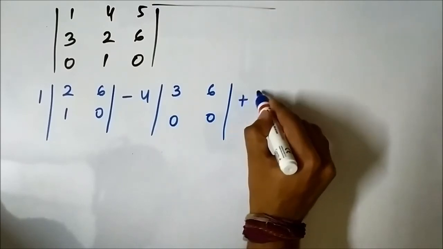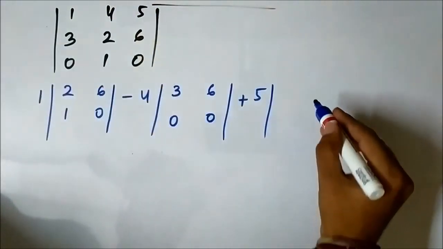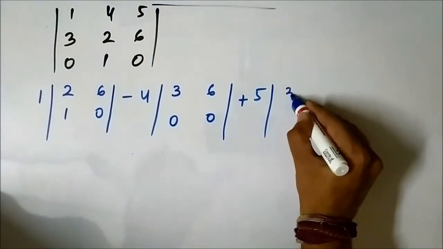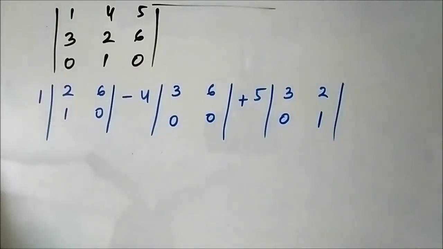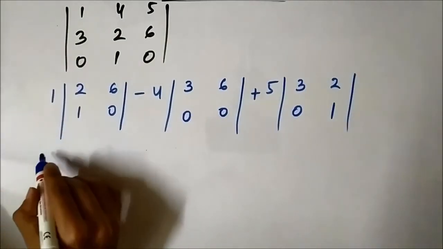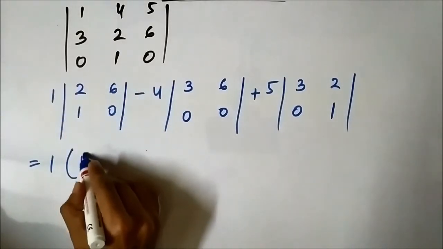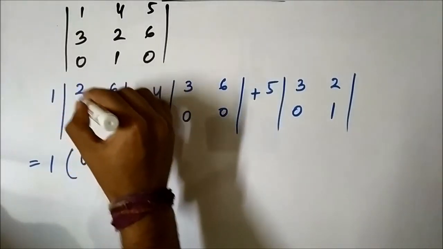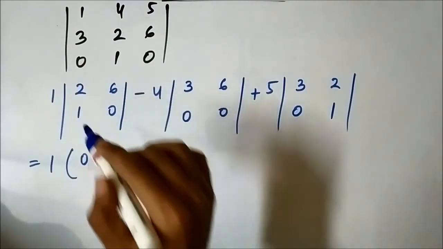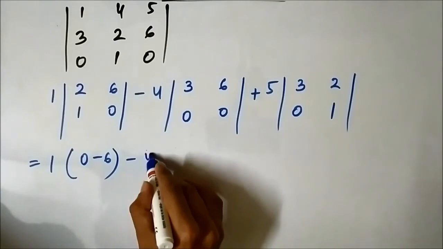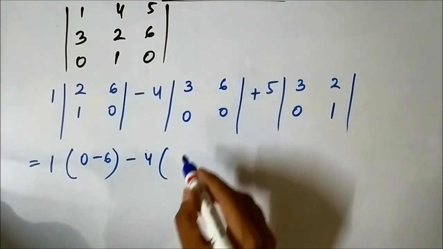Then plus 5, we'll omit the third column and the first row, it will be 3, 2, 0, 1. So it will be 1 into 0 minus 6. First we multiply the principal diagonal elements, the leading diagonal, and then the elements of the other diagonal and subtract them. Minus 4 into 0 minus 0, 3 into 0 is 0, and 0 into 6 is 0,